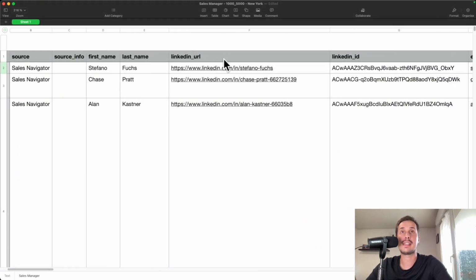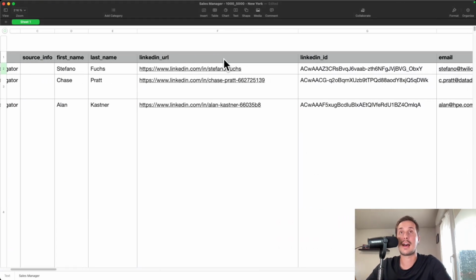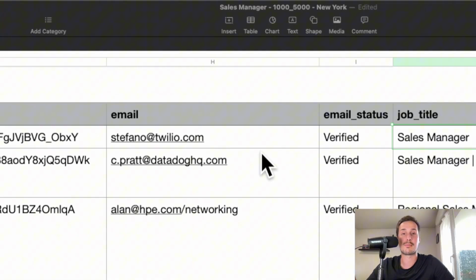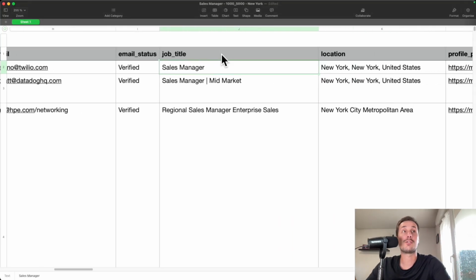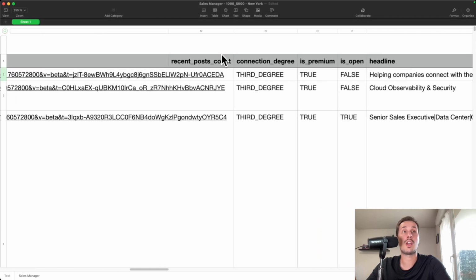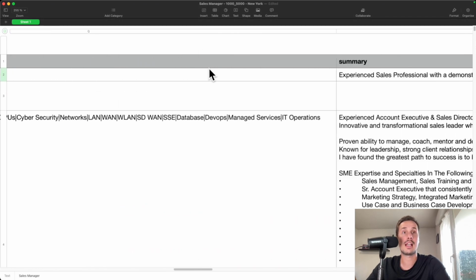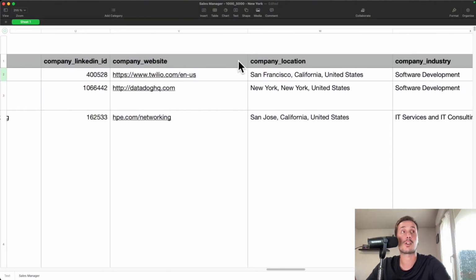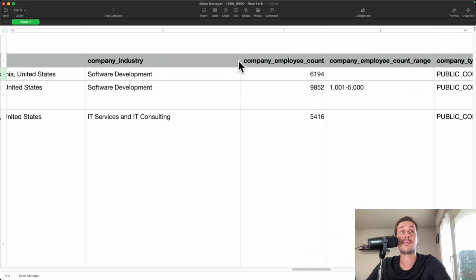So on top, you can see that we have some information like the first name, last name, LinkedIn URL, and the most important part when you want to send cold emails is the verified emails. So with GiveMeLeads, you don't need to verify your email after an export because we already do it for you. Then you have the job title, location, some LinkedIn information. And what's interesting is that you have company information like the company name, company website, company location, company industry, and